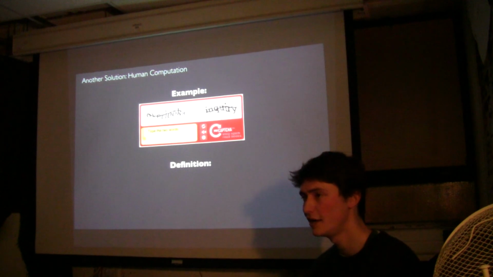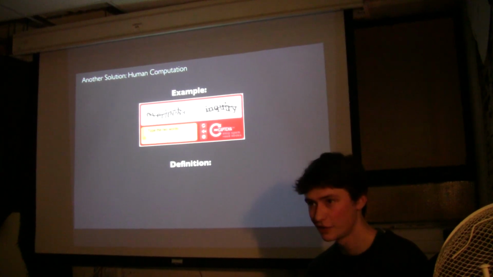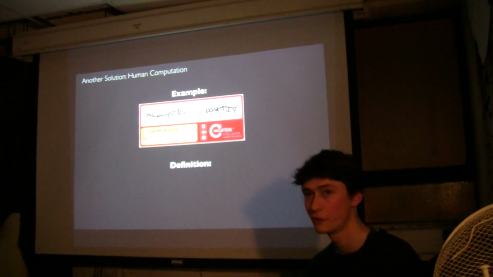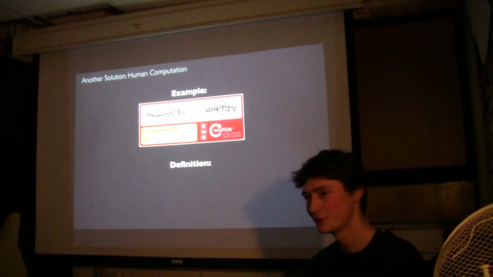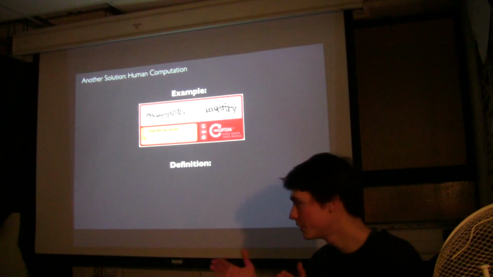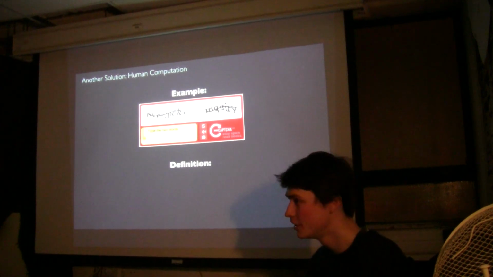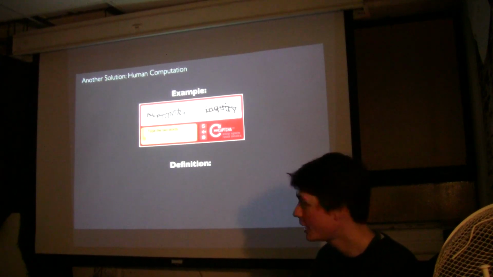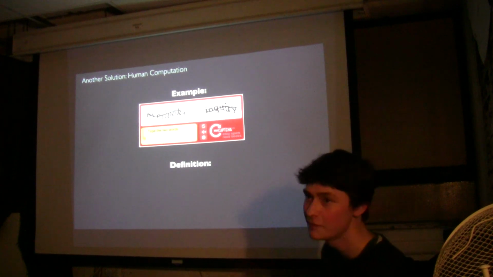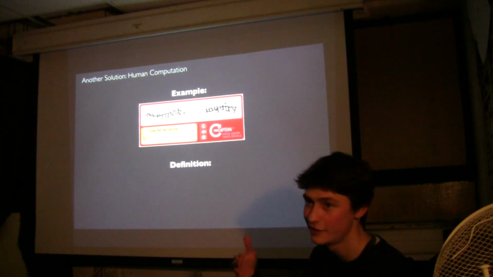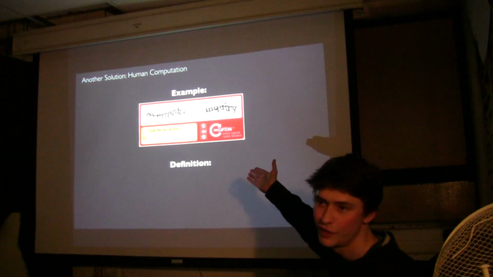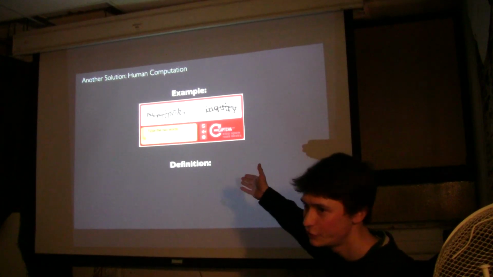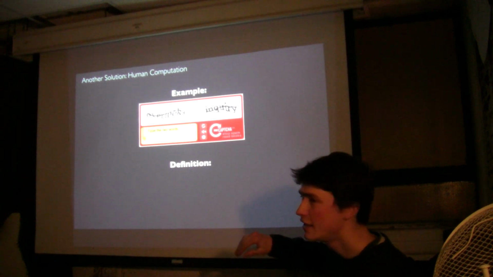So the idea is we have a task that is really difficult to solve computationally. Computers suck at this, so what do we do? We want to solve this problem. Well, we divide it up into little tasks and we give it out to people. And so this guy, Luis von Ahn, is also the inventor of reCAPTCHA. So first he invented CAPTCHA, which you all know, so I don't have to explain this. This is basically to prove that you're a human. And then he invented